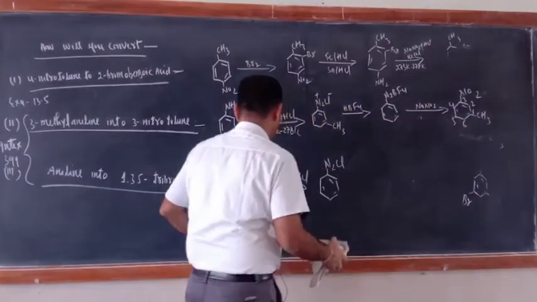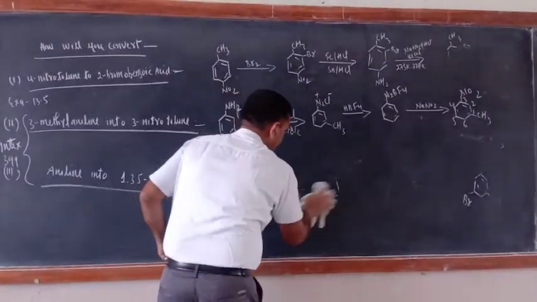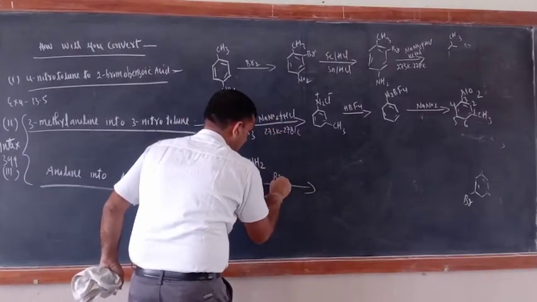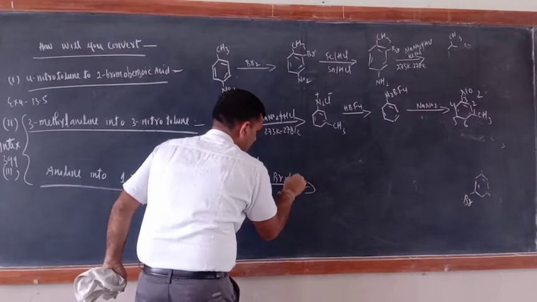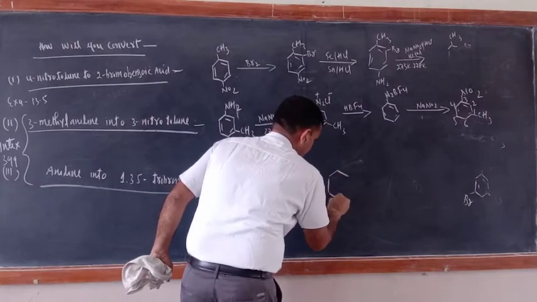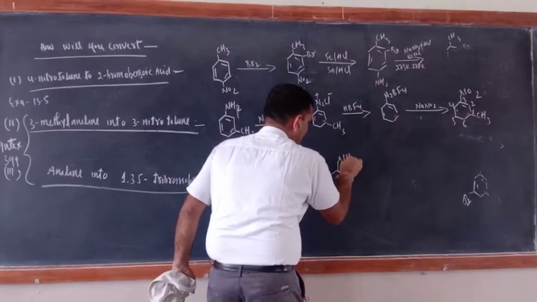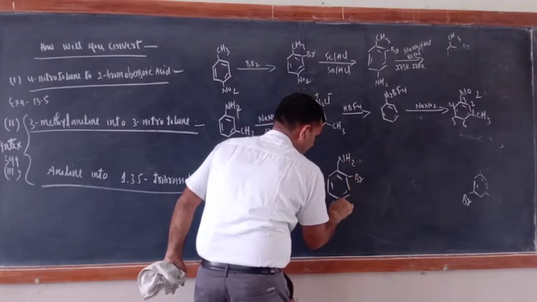Otherwise, you do one thing: first aniline should be treated with aqueous Br2. So what would be there here? Simple: here NH2, and here Br